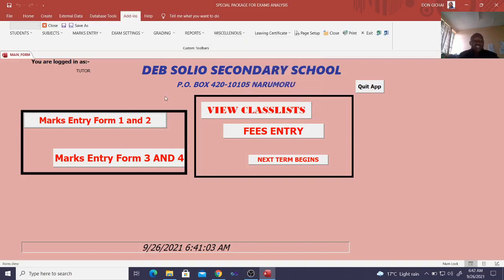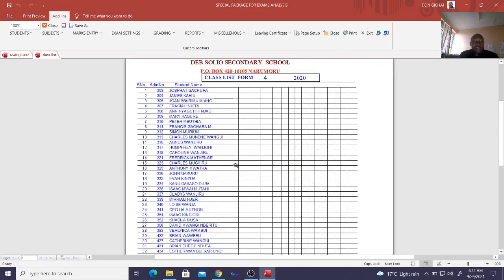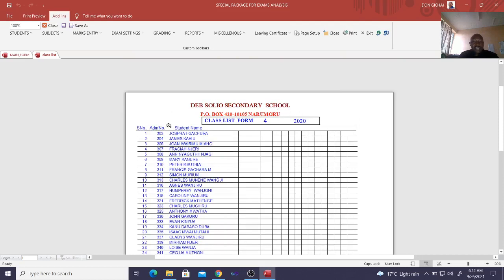So ladies and gentlemen, how this system works: you can be in a position to get the class list. For example, you can just hit on view class list, then you get enter form. For example, I go to Form 4, I click on OK, then we have a letter. Now I can just key in the letter like that, then I click on OK. Therefore once I click on OK, you'll be in a position to get the class list of a certain class